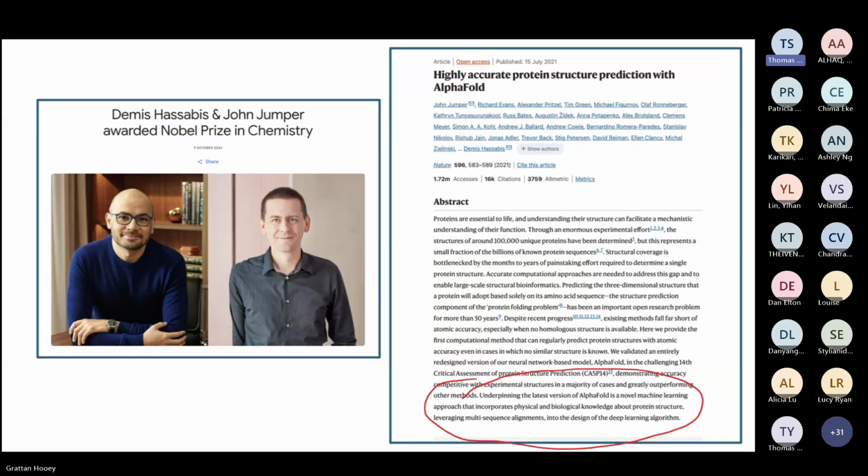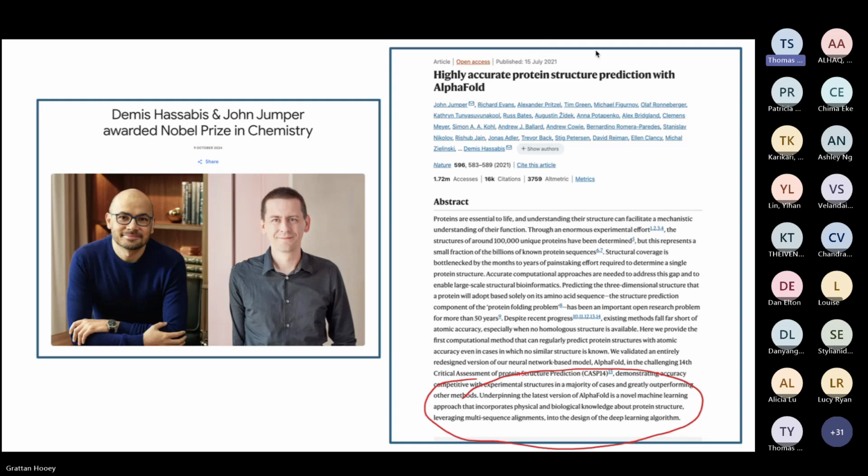So the prize in question here is the Nobel Prize in Chemistry for AlphaFold. I'm sure most of you know that AlphaFold is an AI model that aims to predict 3D protein structure from nucleotide sequences. Most people who just vaguely know what AlphaFold is think it's just a deep neural network doing end-to-end work. Give it the sequences, it will output a 3D structure. But actually, if you take a slightly closer look at the work,